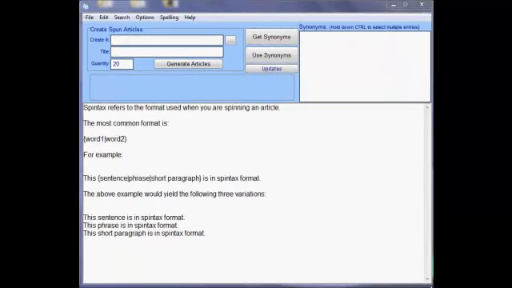In this video we're going to look at the various settings and controls that you have to spin content. The idea of this tool is to give you an editor that you can put spin tags into as you write. The benefit of that is if it normally takes you 10 minutes to write an article, with just a couple of minutes extra work as you go along popping in the necessary code, you can hit a button and generate several versions, 20, 30, 40, 50 versions of the same article, but each one unique, each one worded slightly